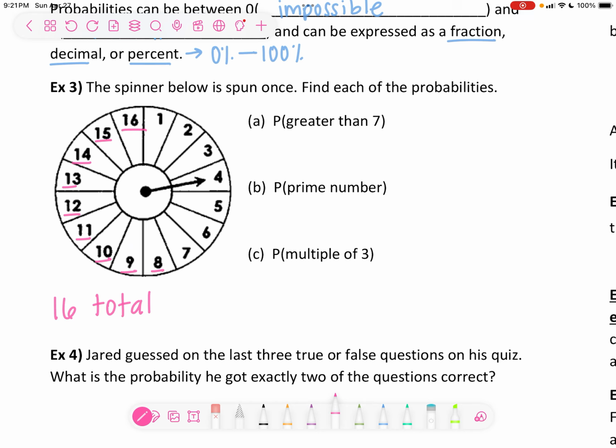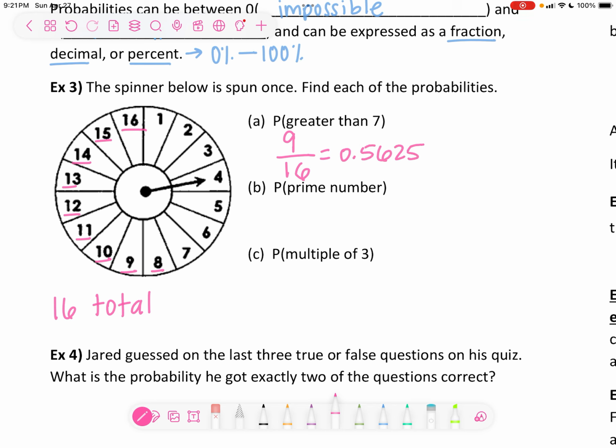So there are 9 ways we can get something greater than 7. So there's 9 in the desired, and there's 16 total. Now, we would want to simplify this if possible. Here we can't. 9 and 16 don't have anything in common. So I'm just going to divide them. And then I get the decimal